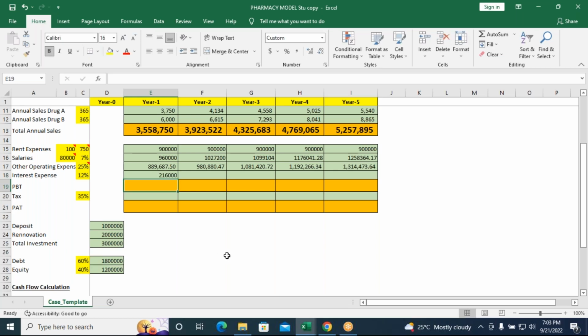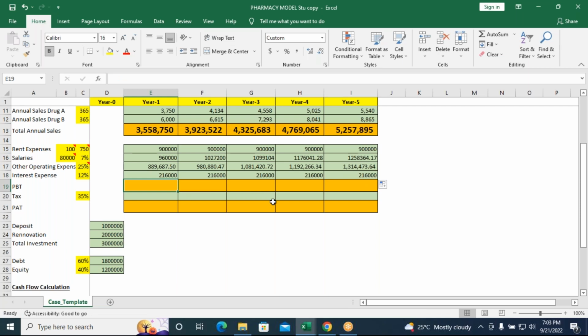So is the interest rate going to remain the same, or is there any inflation in this interest rate also? It will be the same. So I have to just